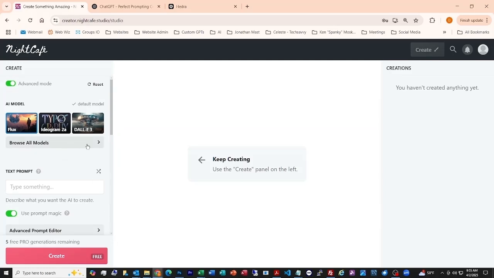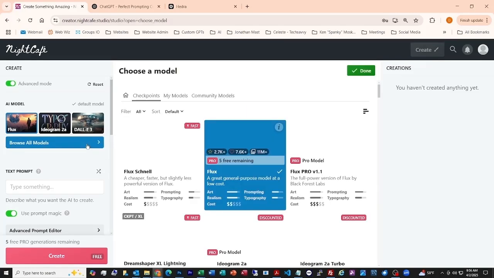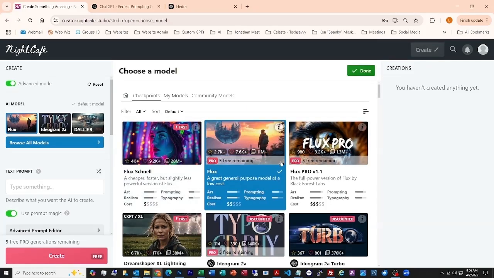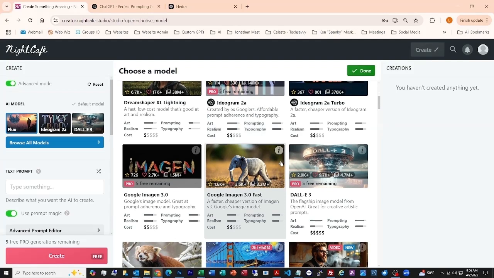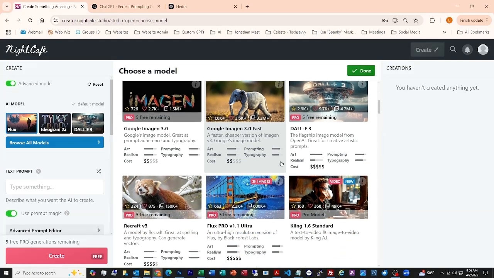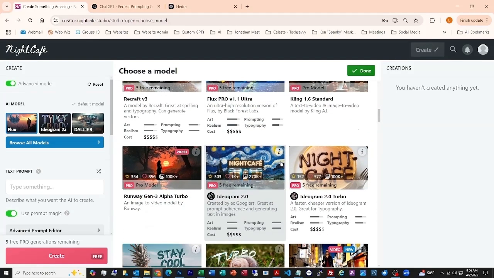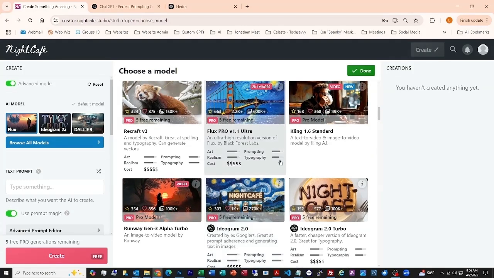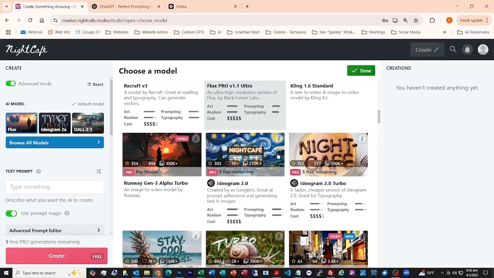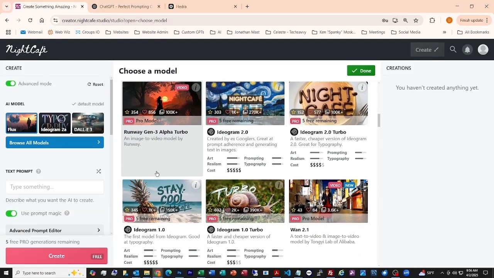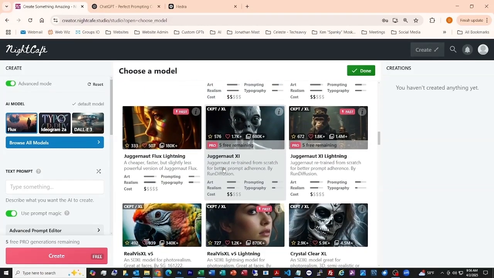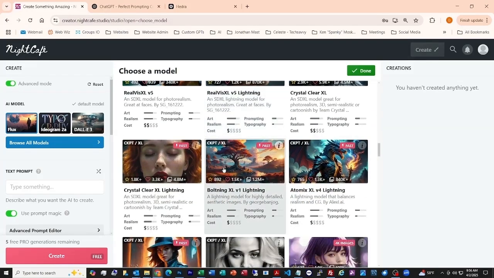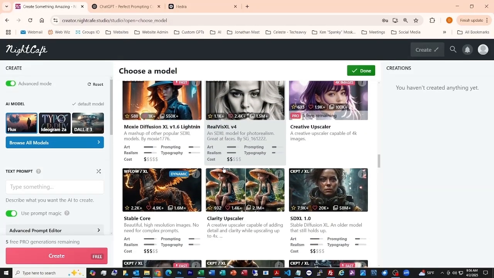you can click browse all models. And it has all these Flux models, Ideogram, Dream Shaper, Google Imagine, DALL-E, Recraft. And it also has video ones like Kling 1.6 Runway, which I think is the best. But it can be whatever you want. I mean, it's got a lot of different types of